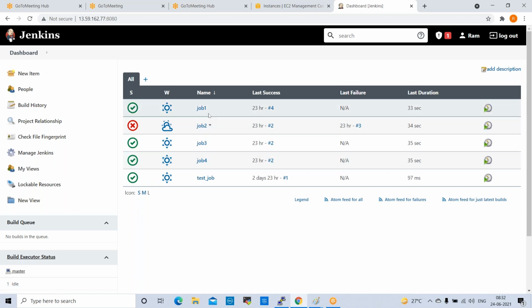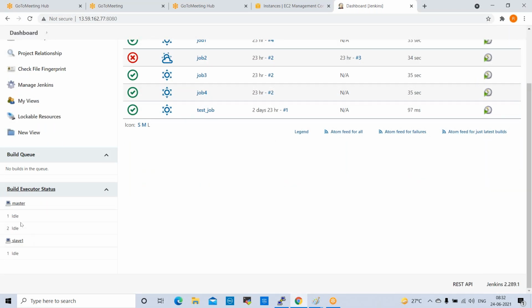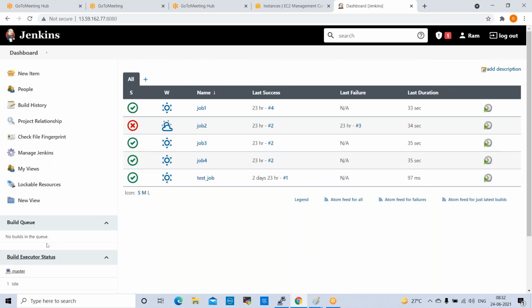These jobs we can run on master and slave. The difference we can check. See here, now it is showing master and slave. Earlier only master. Master is having 2 executors. Slave is having only 1 executor, right? Now I want to run the jobs on master and slave server. To run the jobs here,